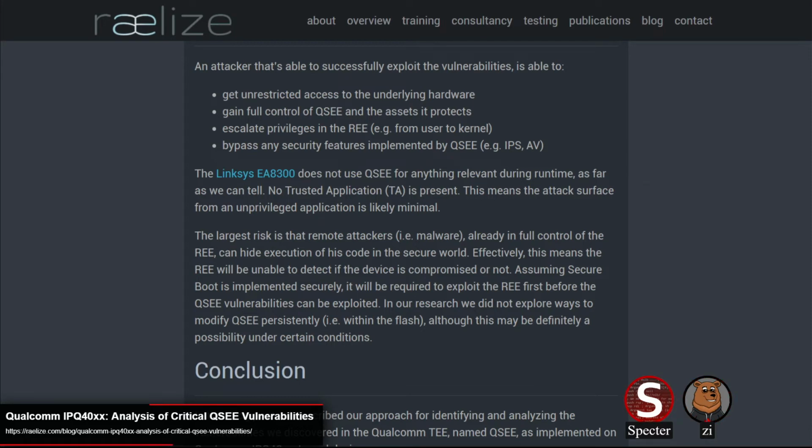But yeah, generally, if you compromise an applet in TrustZone, you probably have compromise of that chip. So, yeah, pretty impactful issues, but not super fun issues because the bugs were kind of boring. But that happens sometimes, especially with Qualcomm.